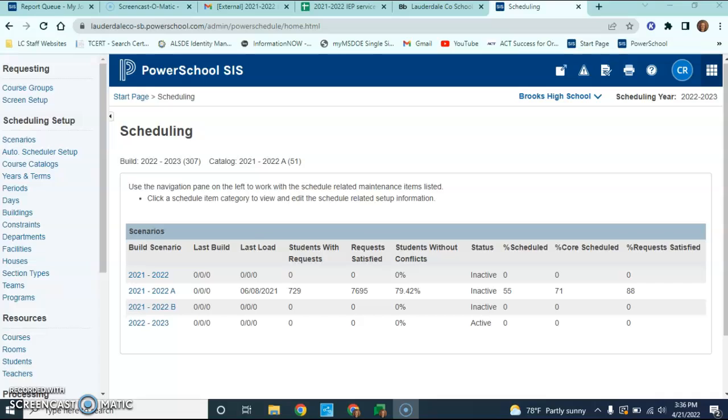Now last year, if some of you did this, it did not work correctly and I found out why. It was a setup we had with using the half credits. So now that we're using the whole credits, we should be able to use this functionality of PowerSchool. You would do this after your student requests are in